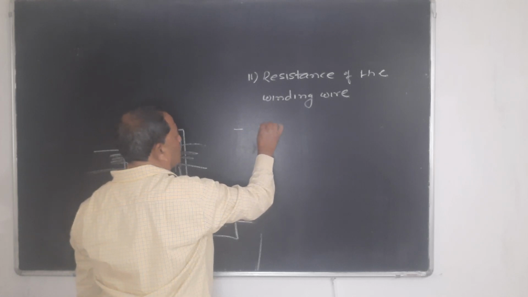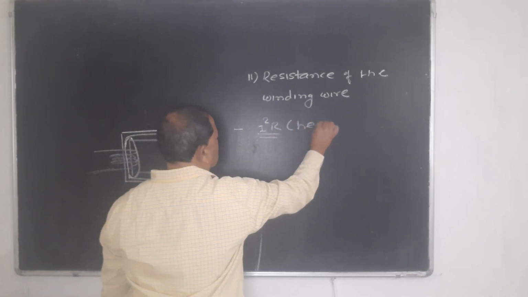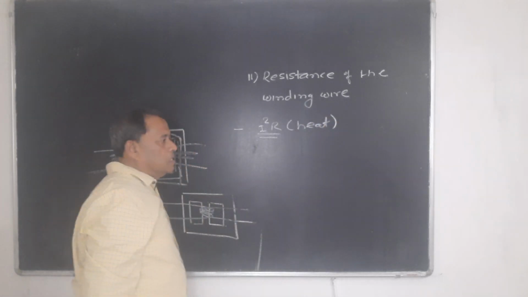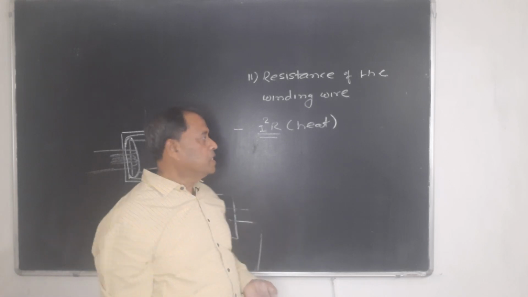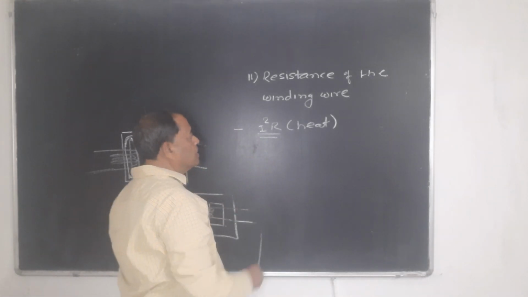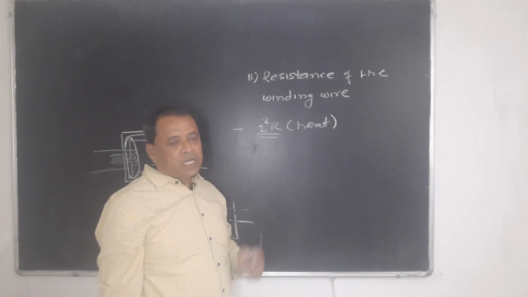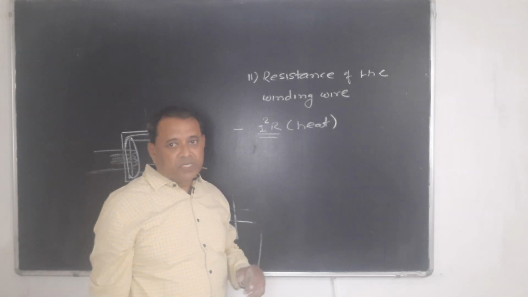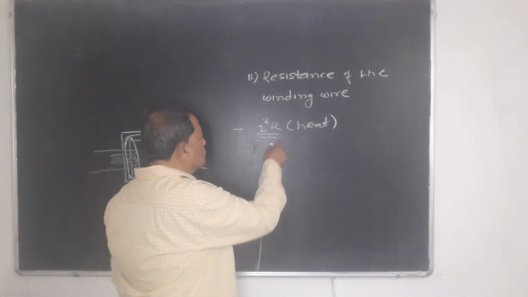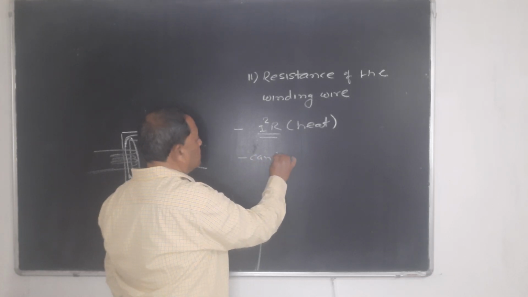Loss due to I square R. So winding wire has some resistance, and you know that as per this formula I square R, if resistance is more, I square R loss is more, and the energy is spent in the form of heat. So it is wasted. So it can be minimized